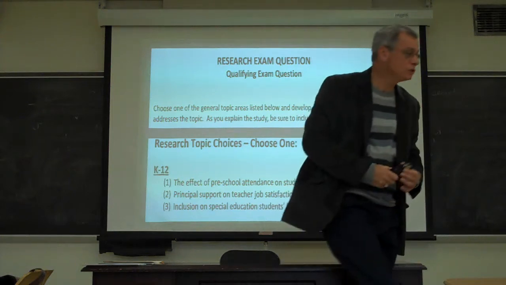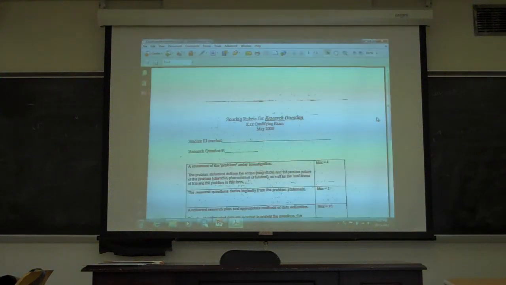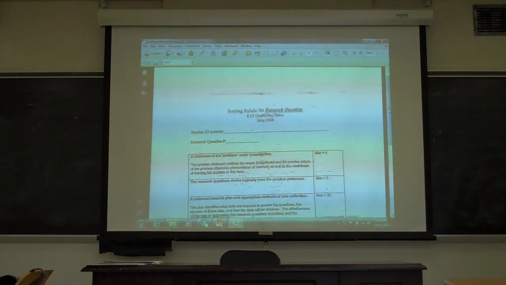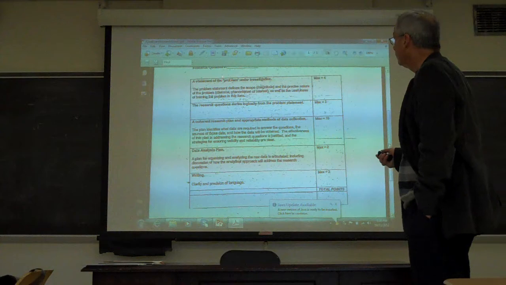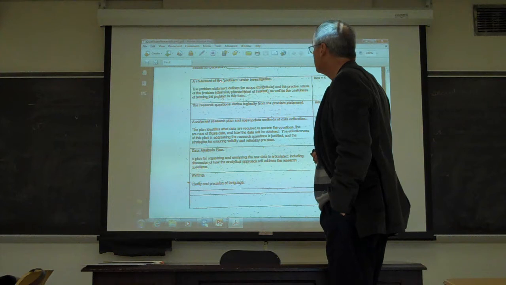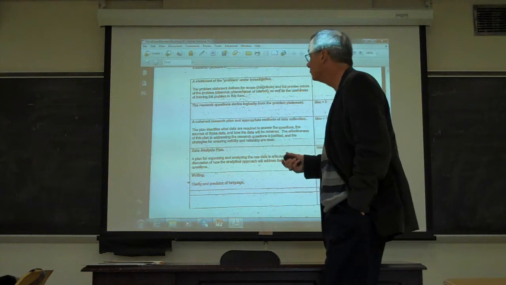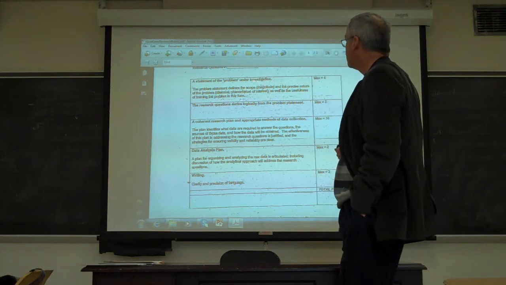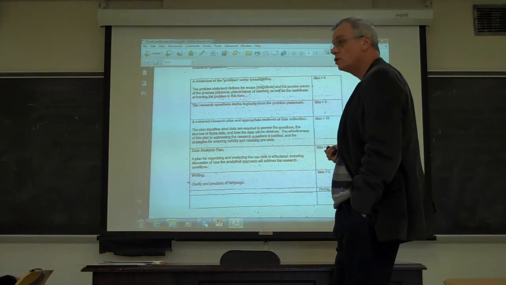But anyway, what I wanted to show you, the little link I have up here, this is the typical rubric that we use when we grade. Okay, when your response is graded. So as you can see, there are these elements that need to be part of your response. The first element would be considered a statement of the problem under investigation. And I'm going to get a little bit more in depth into this in a minute. I just want to go over the rubric. But a statement of the problem under investigation, the research question or questions that derive logically from that problem,